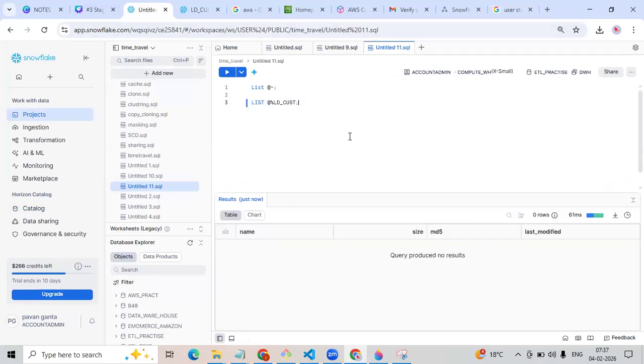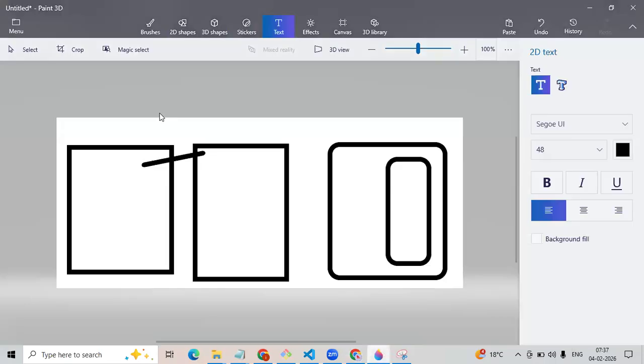As of now, we have seen two stages. One is user stage, another one is table stage. In the real-time scenario, we mostly will not use either of these two stages. Why? I'll tell you. If you are using user stage,